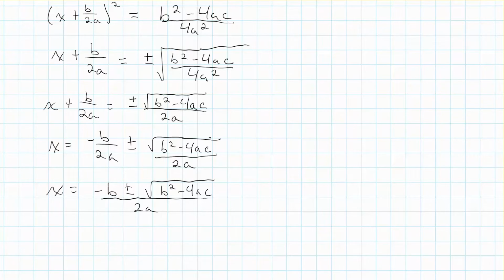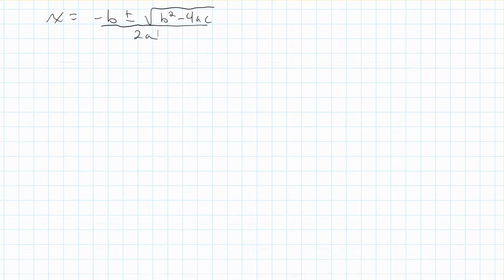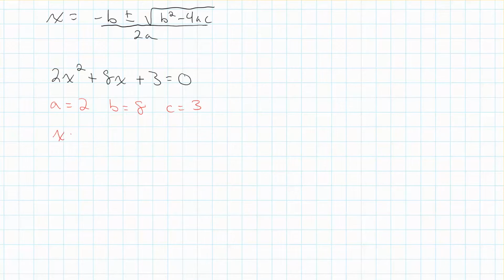All right, so let's look at a couple quick examples here. The quadratic formula is pretty straightforward to use. So we're going to use it to solve the following quadratic equations. So I have 2x squared plus 8x plus 3 equals 0. And now I'm going to go ahead and use the quadratic formula. And clearly I'm going to just go ahead and identify a is equal to 2, b is equal to 8, and c is equal to 3. So we're going to use the quadratic formula. So x is equal to negative b plus or minus the square root of b squared minus 4ac all over